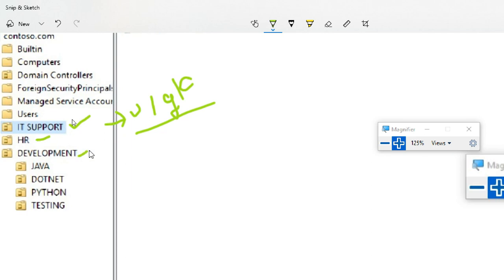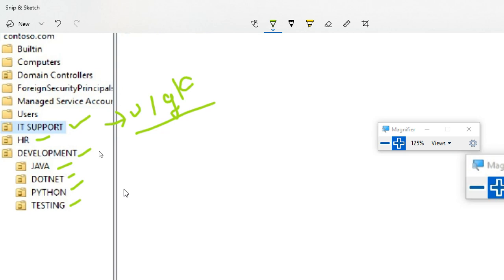So why are we creating so many OUs? It depends upon the different people there, right? In an organization, HR will be there, IT support people are there, different platform developers are there. So instead of putting every person's name into one place, I separate them, I'm organizing them.